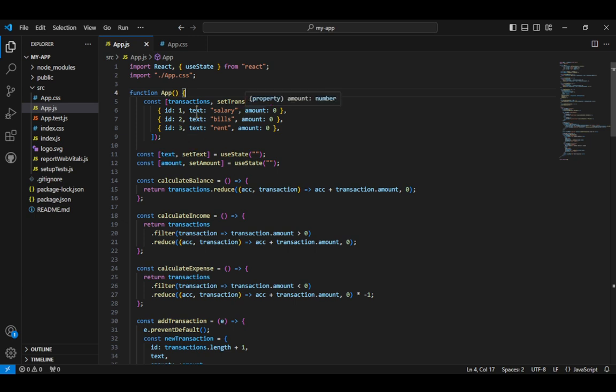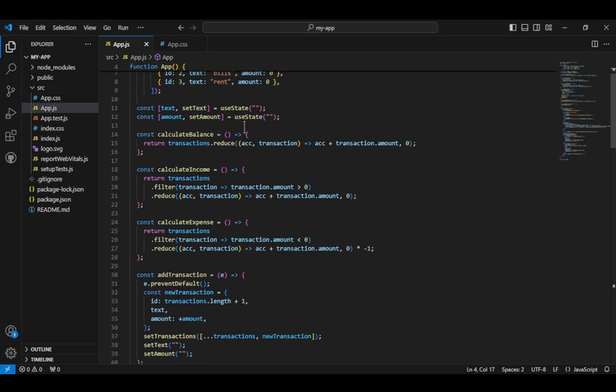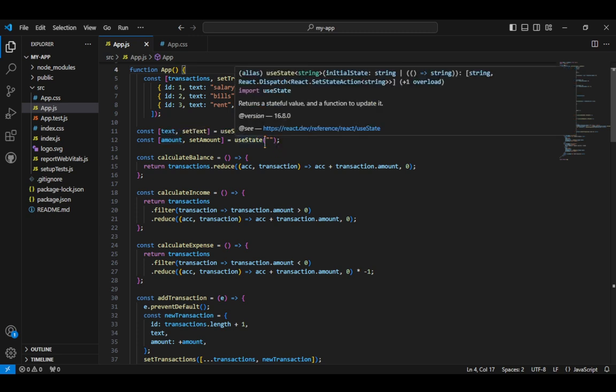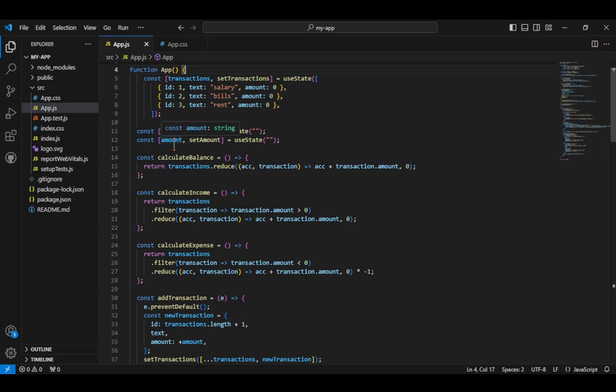It can display your salary, bills, and rent, and any category expense that you put. So the const text, then you can hook the text of your description, and the amount of your transactions.